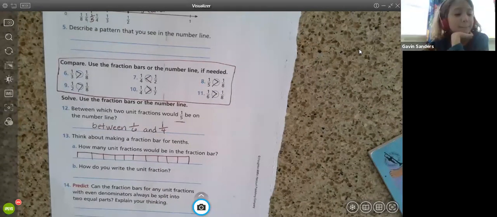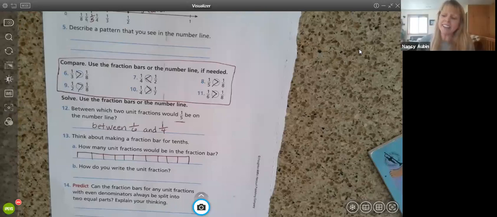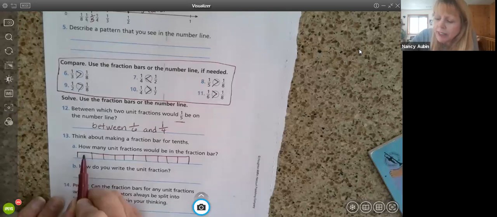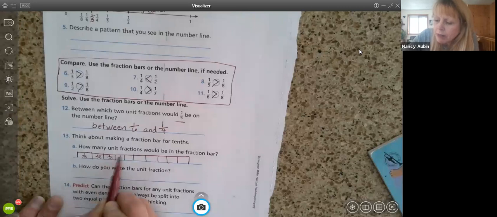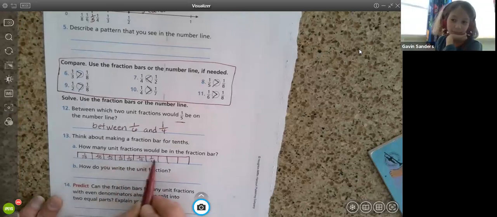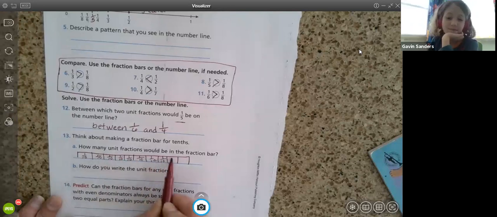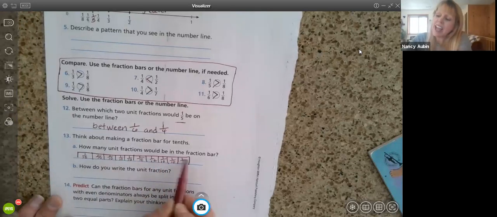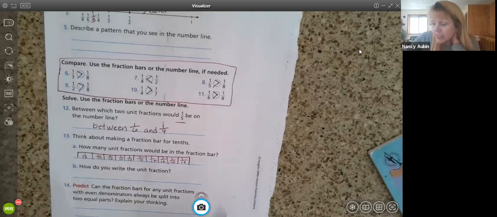9. Well, not ninths, I want tenths. 9 lines maybe, but how many fractions? Let's see. 1/10, 1/10, 1/10, 1/10. What do you think, Gavin? 10. Yeah, 10, right? Because there are 10 equal parts in the fraction bar, just like on our other fraction